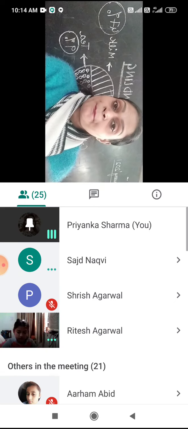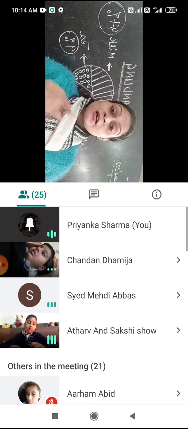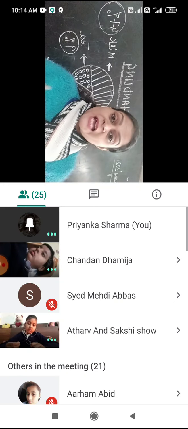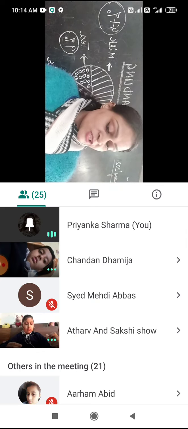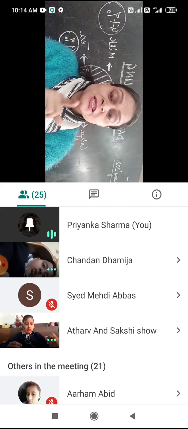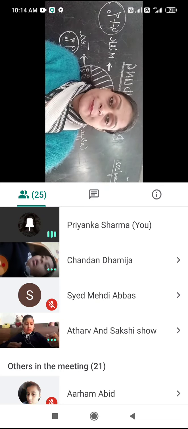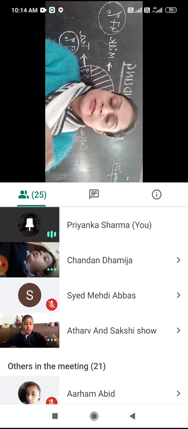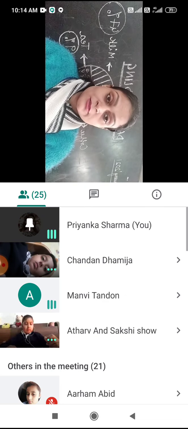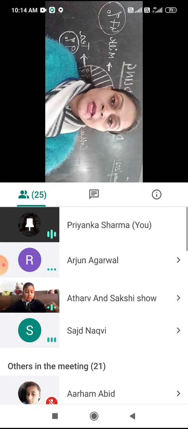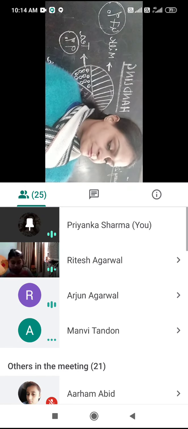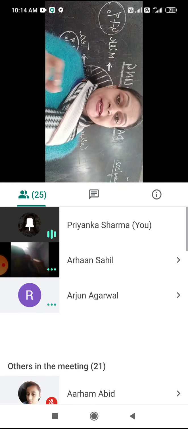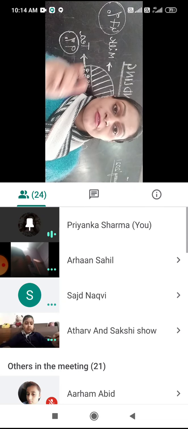Now look at the pie chart. Look at the largest sector plus the color and then look at the key, the percent. Which is the largest sector? The purple sector is the largest sector. And purple color is denoting which food item? Vada. So your answer will be vada. Right in front of the first question, vada.